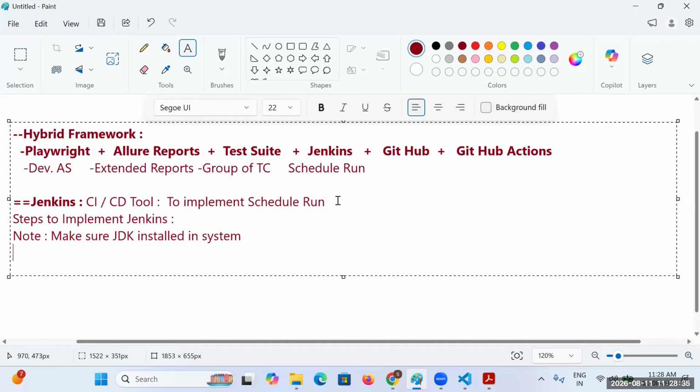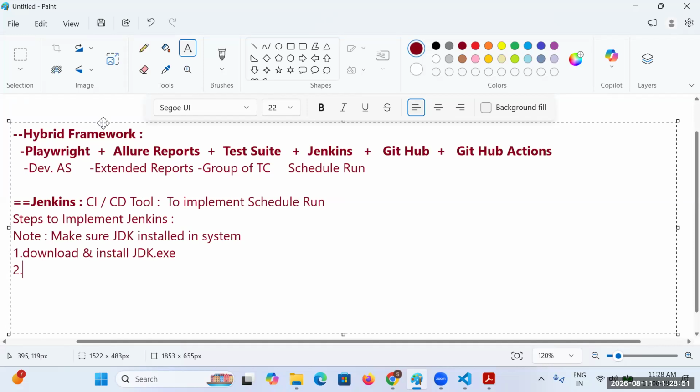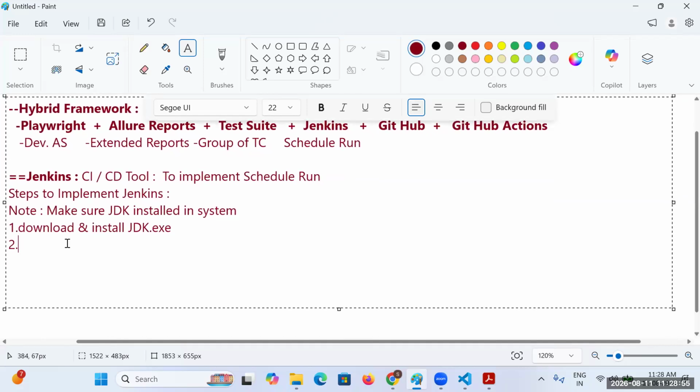Since that is done, the first step is to download and install jdk.exe. Okay, done.